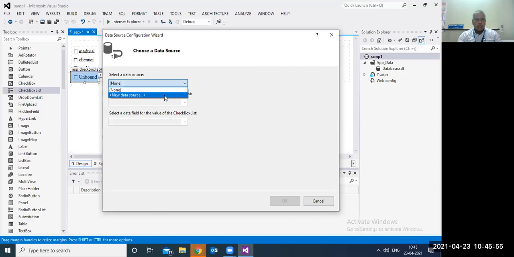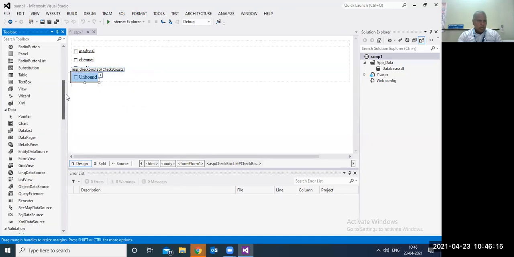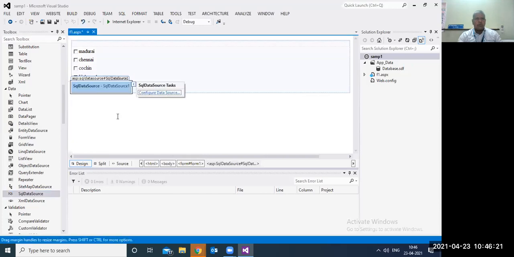Okay, my data source name is... I have to configure the... okay. I have to take a SQL data source.